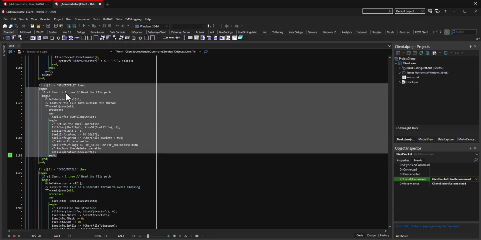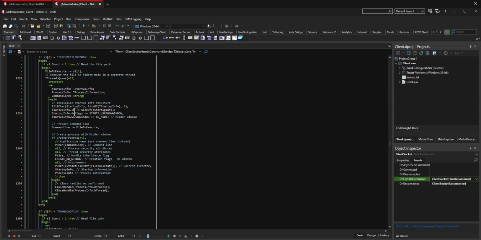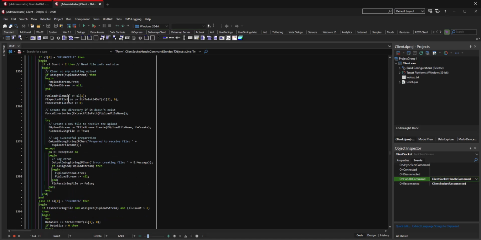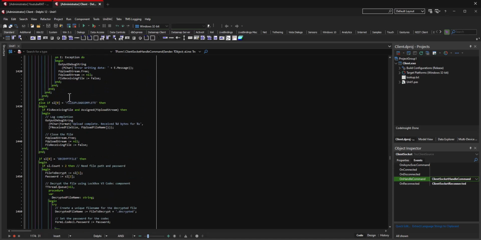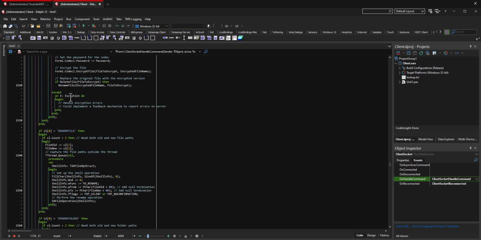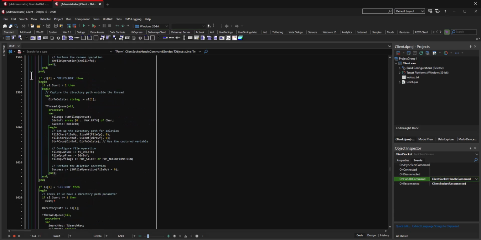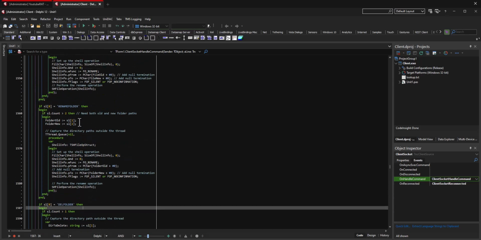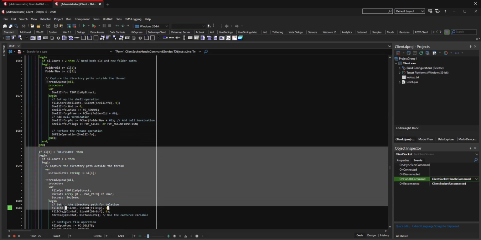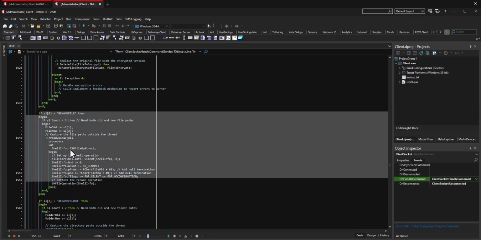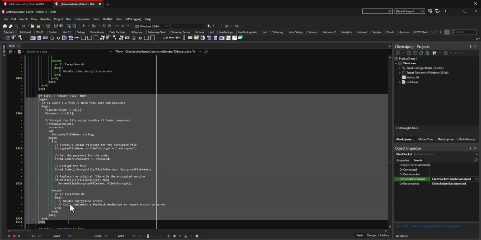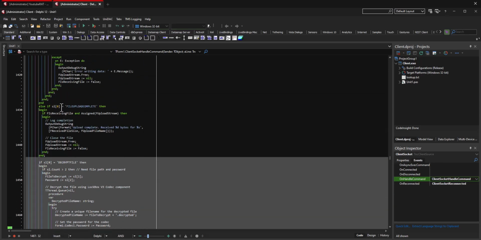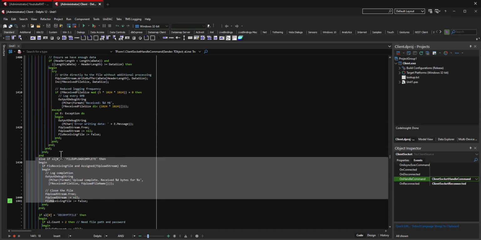So this is delete file. I think I've got another one down here for delete folder, which matches the del part, del folder or whatever. And it's around in here somewhere. Here it is. So we can see that we have to receive all of this stuff, guys. So we've got rename folder, delete folder, we've got rename file, we've got encrypt file, we've got decrypt file, we've got file upload complete,